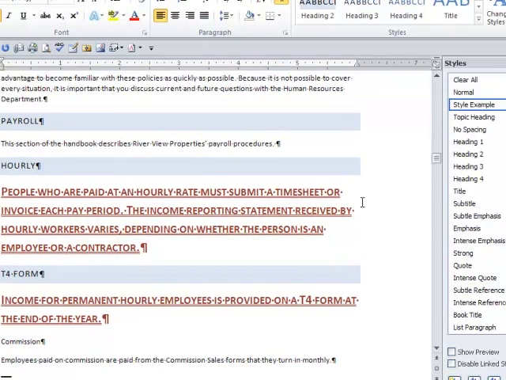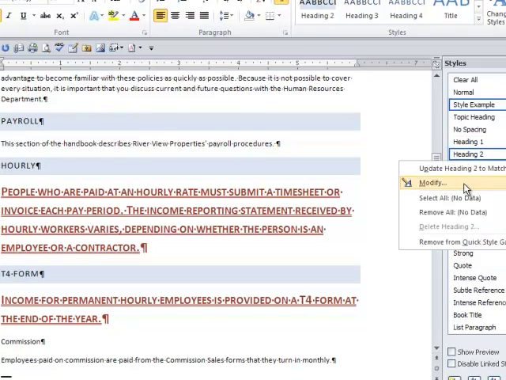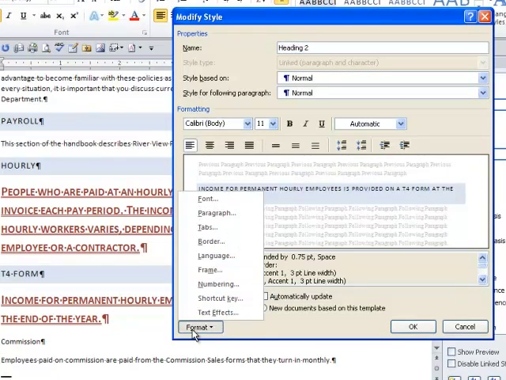Perhaps when I modify a style, I want to include a keyboard shortcut. In other words, when I want to use a style, I would like to use my keyboard to do so instead of clicking on a style. So I need to modify a style in order to do that. I'm going to work with Heading 2. I'm going to modify Heading 2, and this time on the bottom left, when I choose Format, I'm going to